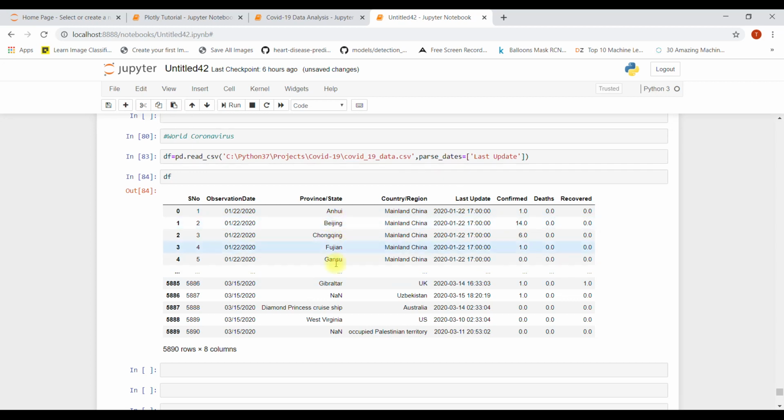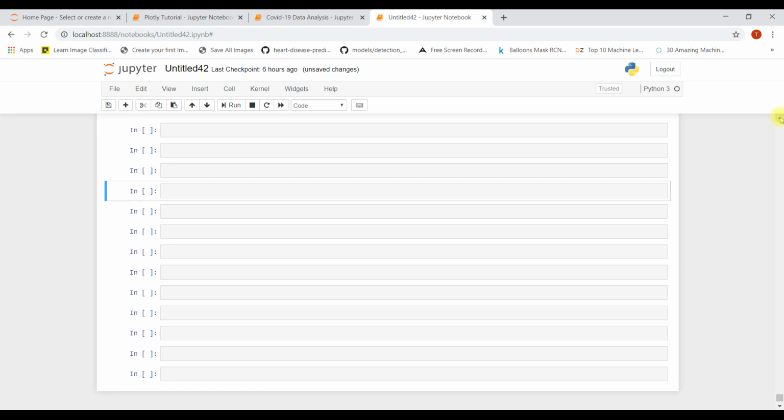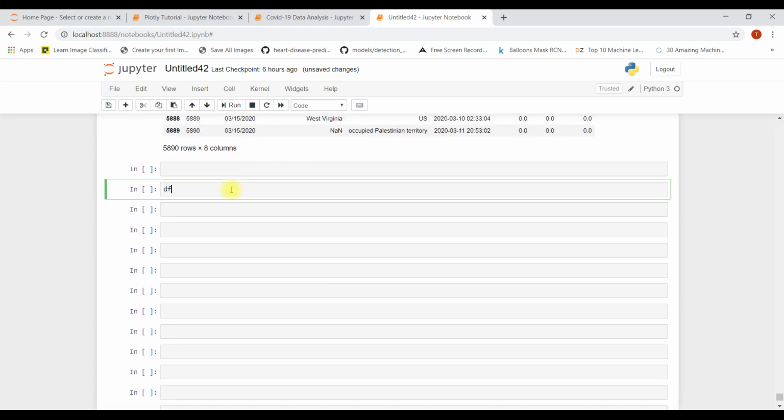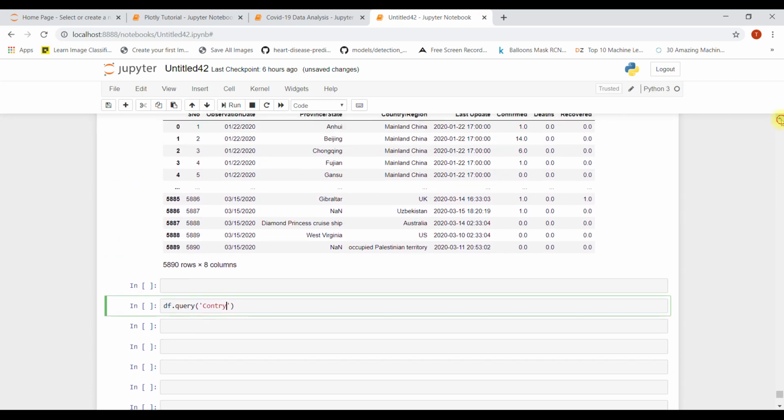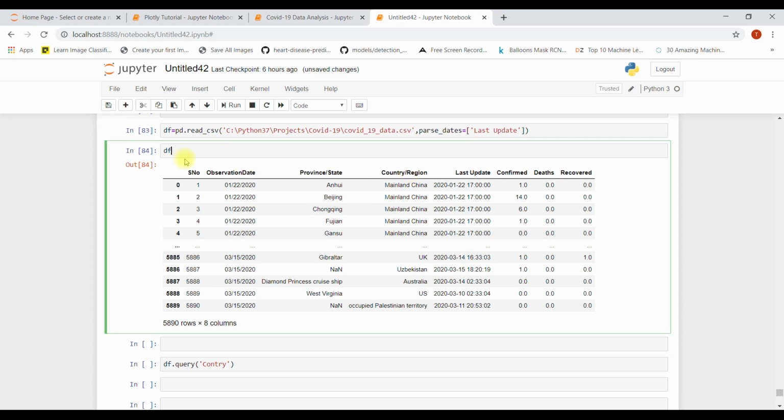if you want to have the query of any particular country, let's say India, you can do it like this. df.query, the country name, as country is the column. No, not... it's country region. Well, you can do one more thing here. You can rename some columns so that it will be easy to work with. Columns equals to